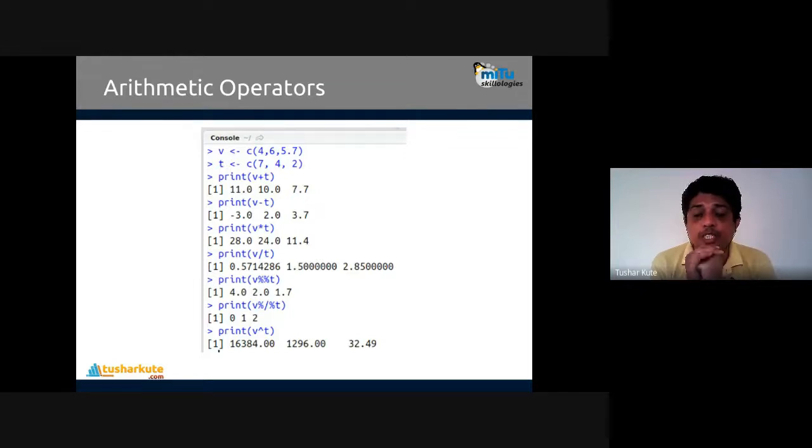Very interesting to know that in R programming, the indexing of any element starts from 1, not from 0. It means in a vector, the first element is v of 1, with square brackets, 1 you have to mention, and 0 is not present. So this is the only programming language where indexing starts from 1, not from 0, because it was not invented by computer programmers, it was invented by statisticians. So they don't think 0 is the first index, so they start with 1.